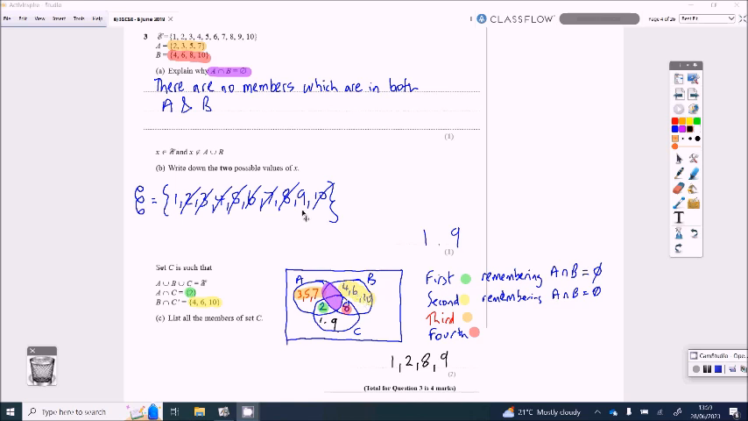Now, thirdly, I've then gone back to what should be in A: 2, 3, 5, and 7. Well, I know 2's here. Nothing's in these, so the 3, 5, and 7 has to be here. Fourthly, my bit in red,